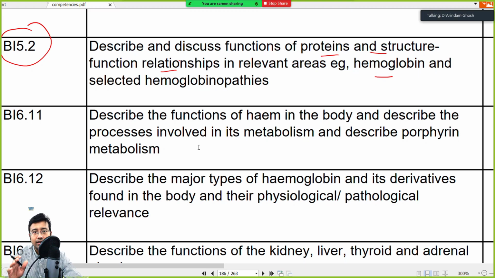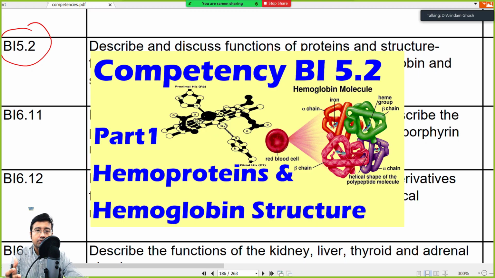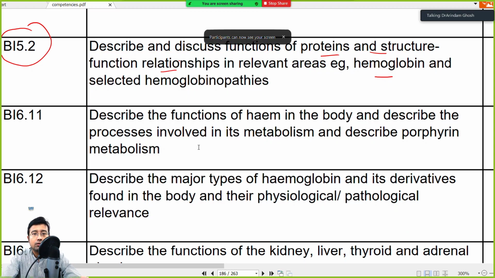So it's very vital that if you have not seen the previous video, if you have not attended the previous class, I highly recommend you to check the uploaded video and then come back here, because we discussed things slowly, but we covered some important concepts regarding structure of hemoglobin. All right, so we will do this class similarly. I'll be going very slowly.